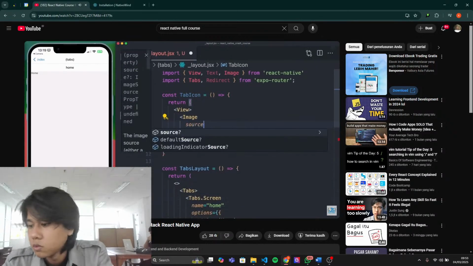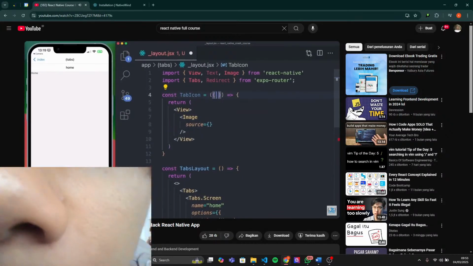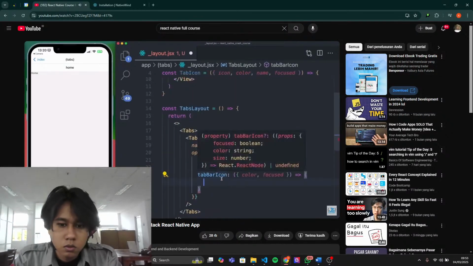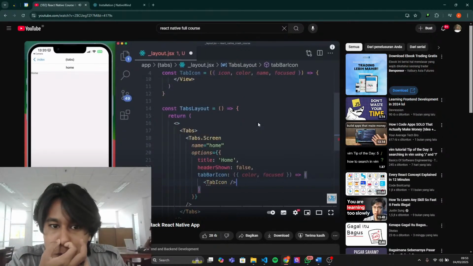This image will accept a source, which we can pass into the tab icon functional component. So we can destructure some things like the icon, the color, the name, and the focus state. That way, we now know what we need to pass. So right here below, we can render the tab icon, self-closing,